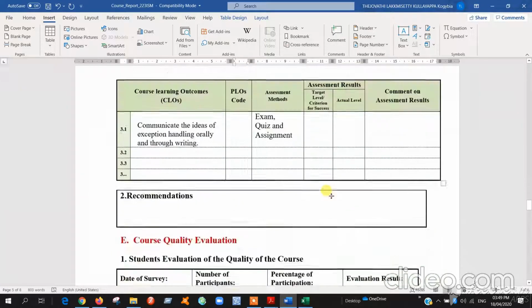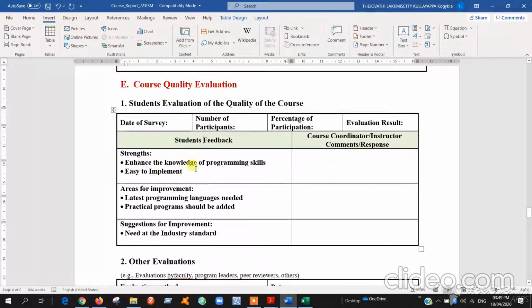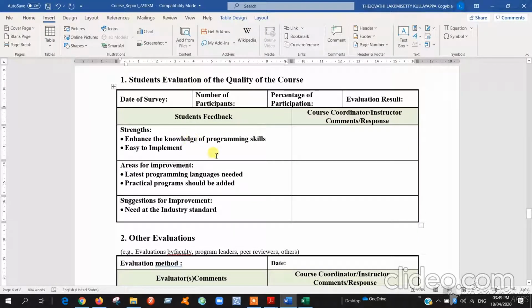Then coming to course quality evaluation: students' feedback and course coordinator and instructor comments and response. What are the strengths to improve the students, what are the areas you want to improve, and what suggestions you want to give. All these you have to write here.